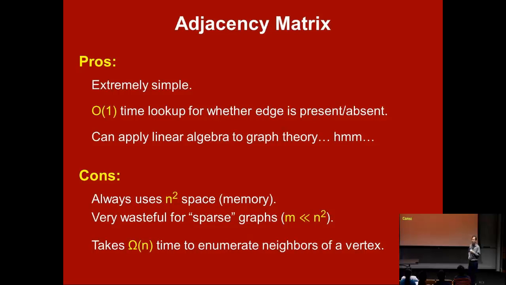Yeah? The linear algebra transformations that are caused by the adjacency matrix reveal really interesting properties of the graph. Yes, very good. So I was going to say just that. I'll put it up. This is the first thing that was said. You can easily check if an edge is present or absent. This is another one. It's very simple. You just make a matrix. That's very nice. And this suggestion was that,